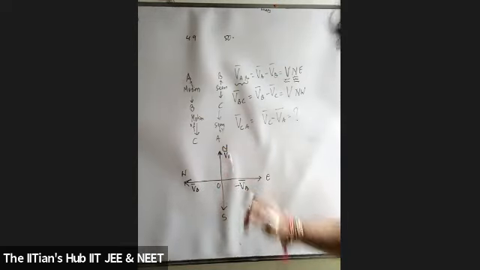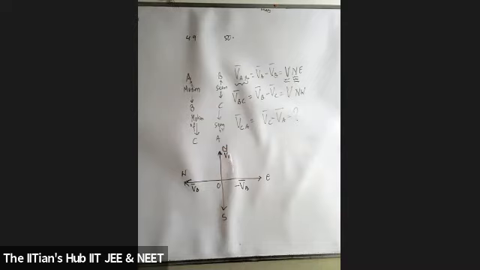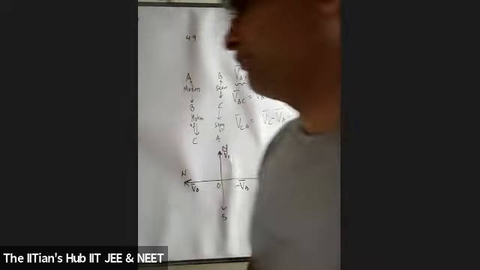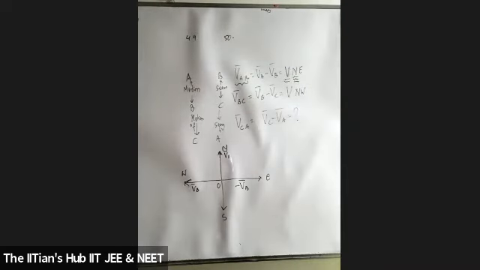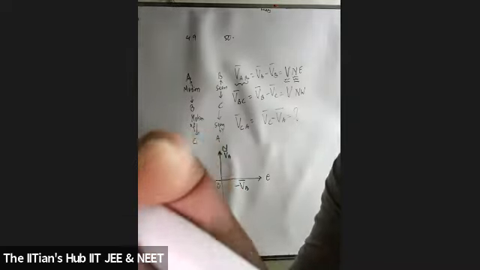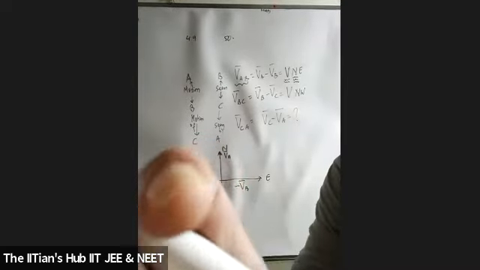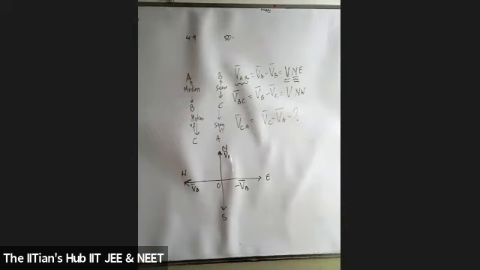Is this clear, students? Everyone, is this clear? First tell me that. Yes, sir. Sir, but how did we know that A was in the north direction and B was in the west? My dear, my answer is northwest, so I can take any one of them as I like and reverse the direction of the other, because I want the final answer to be northeast. Parthy, you only raised it, right? Yes, sir.